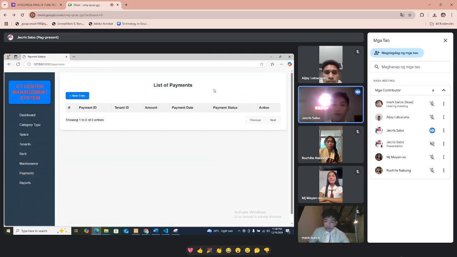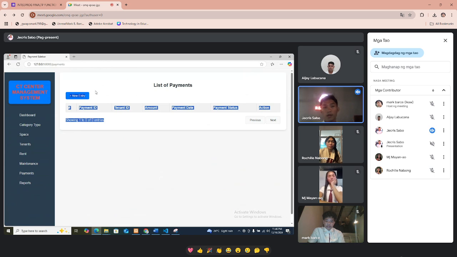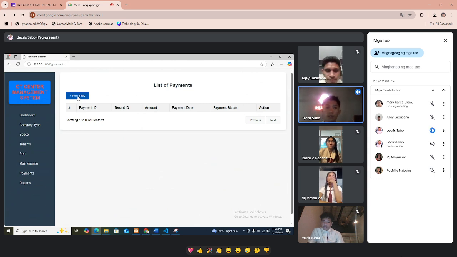If you can see here, this is the list of payments. In this table we can see the payment ID, the amount, payment date, payment status, and action.